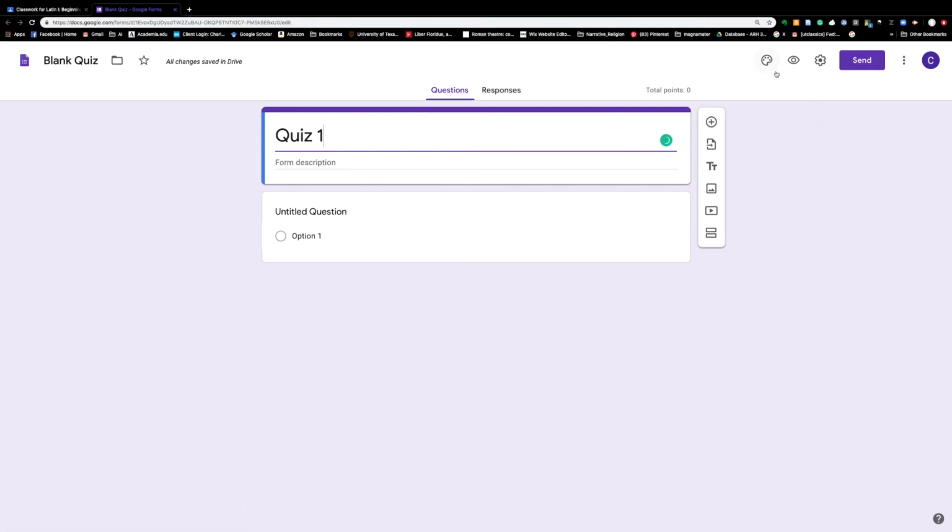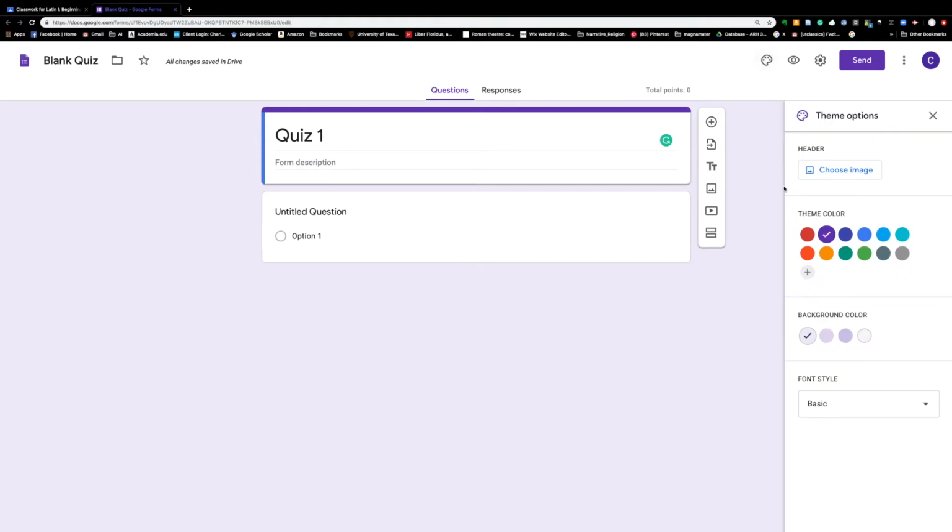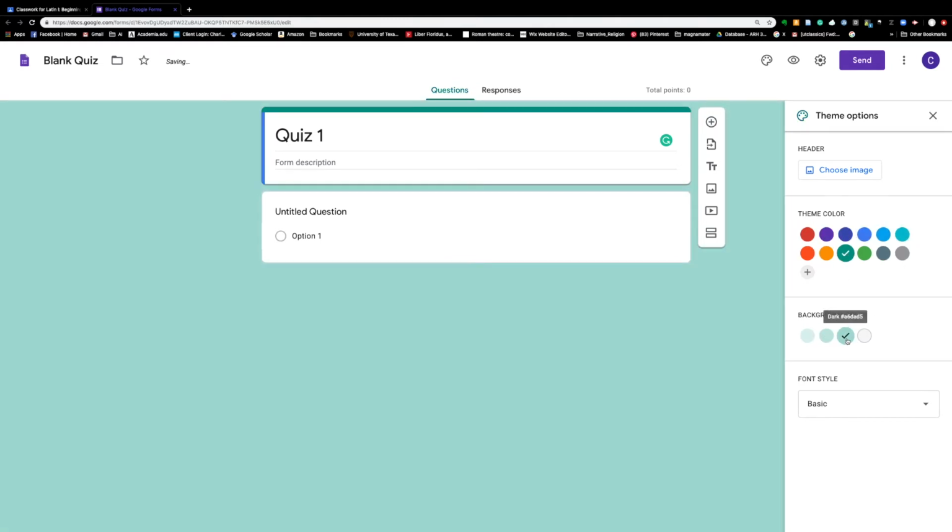There are a bunch of options associated with this form. You can customize the theme. You can change it from red, purple, blue, green, gray. You can also adjust the hue, so make it a little darker. You can also choose a different font. So you can make it look fancy here with the formal font, playful. I prefer the formal, so we'll go with that. And once you've finalized your theme,